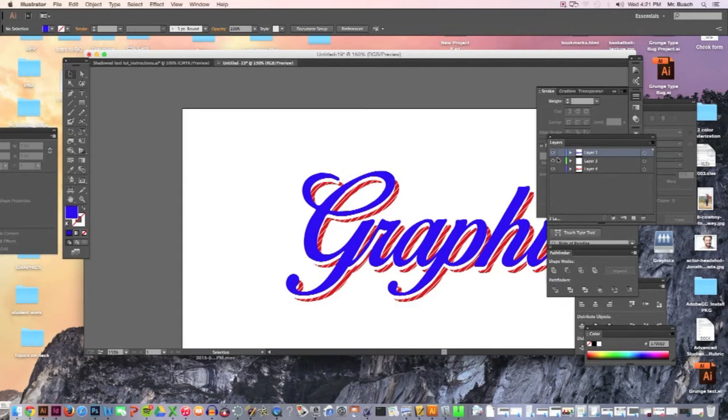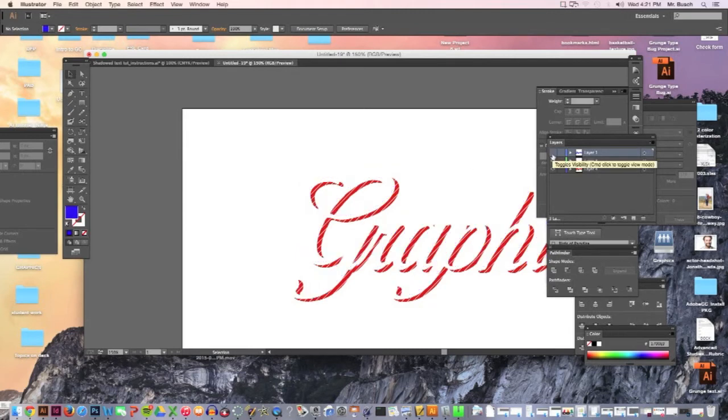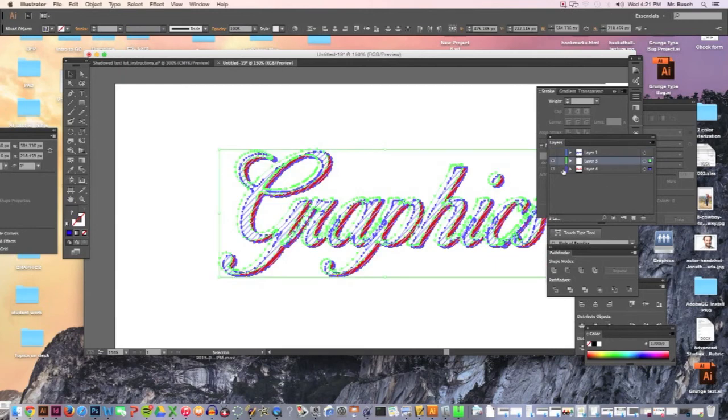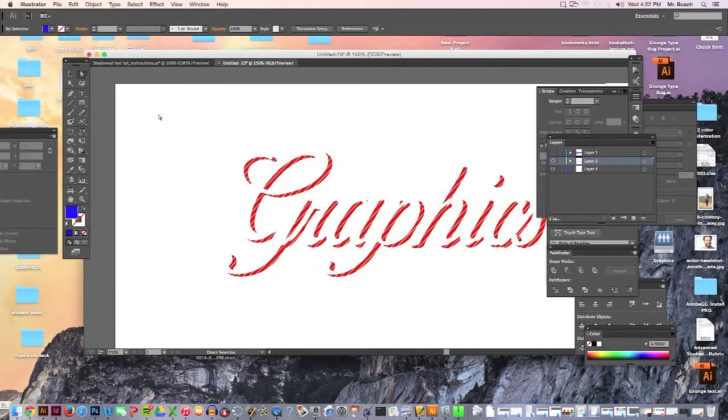Now, the next step I'm going to show you, you don't have to do it, but it adds a third level of sophistication to it. And it's pretty cool because it gives you an option that you probably didn't think about. I'm going to turn off the blue, click on everything, the 2 layers that are open, and again I'm going to use that divide feature. Using that divide feature, now I'm going to click away from everything, grab my white arrow tool, create a new layer,